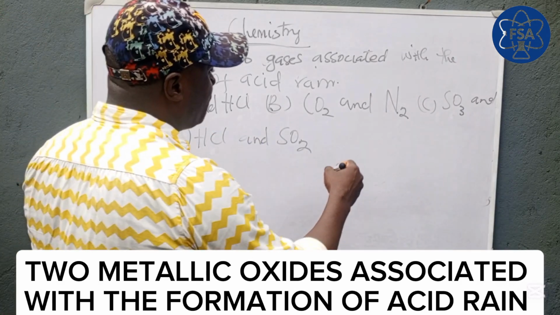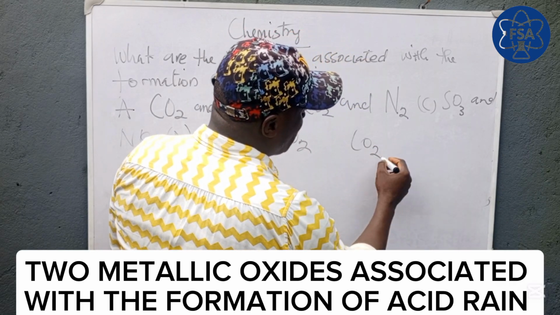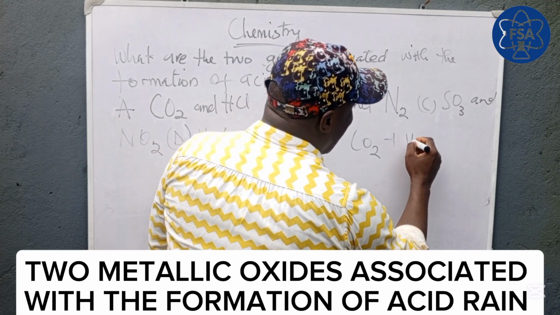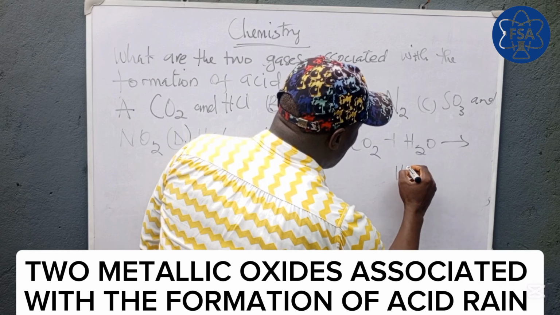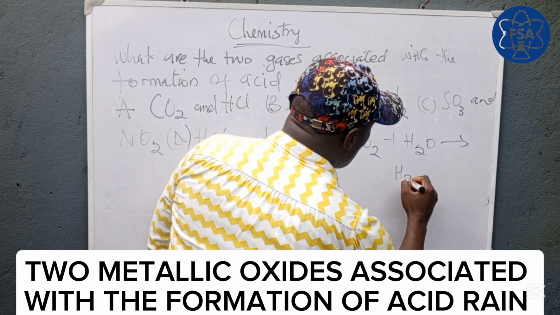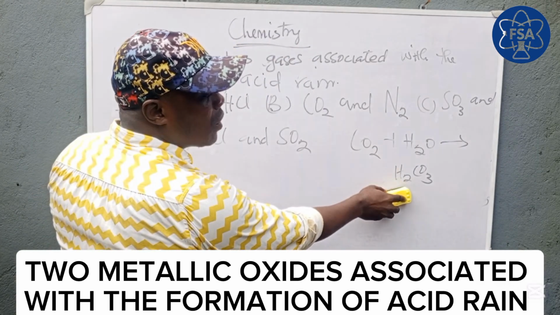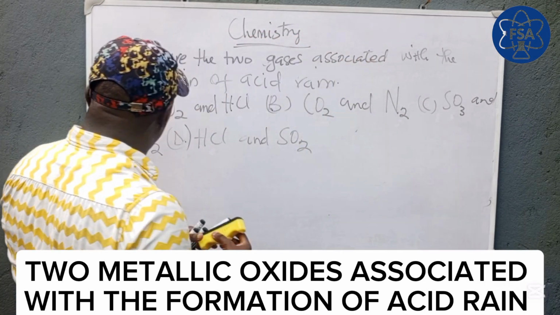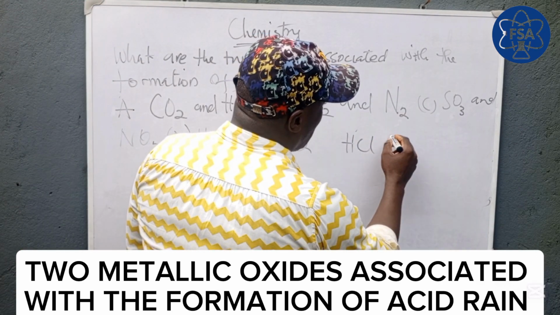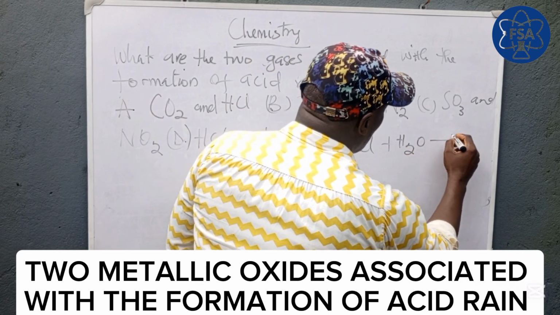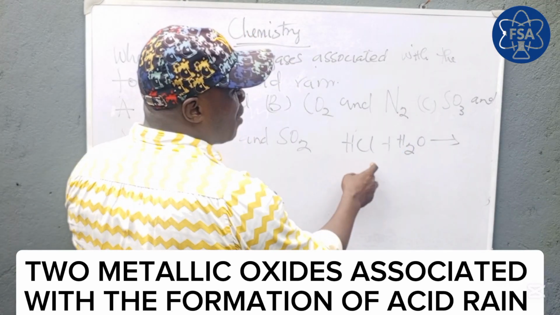Our A says that we have CO2. If you add CO2 to water, because we are talking about acid rain, this will give us H2CO3. So this is a typical example of an acid. When carbon dioxide dissolves in water, it will give us an acid. But in this case, we are saying hydrochloric acid plus water. On this note, it will dissolve in water,